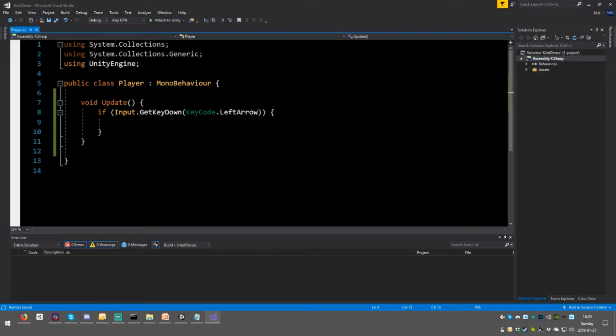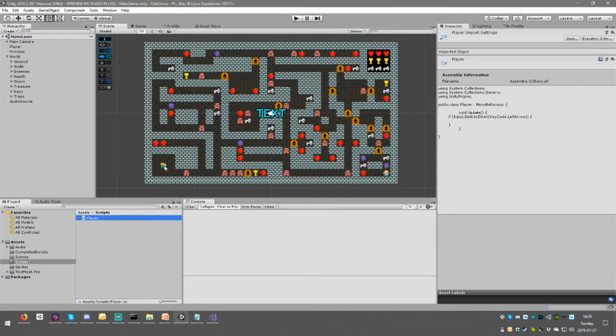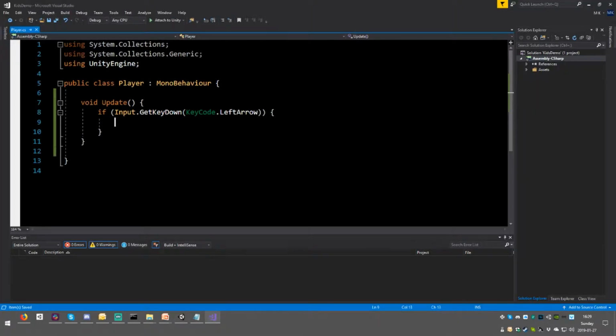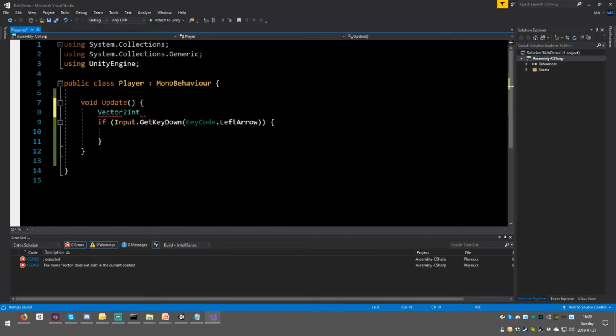To do that, we gotta save them. Now, our game is a very simple tile-based game. This means that our player will have certain X and Y coordinates. Let's see, -14 and -7. Okay, X -14, Y -7. So what we're gonna do now is we're gonna save those coordinates. All right. So right here, we're gonna create a Vector2Int. This means it's going to be a